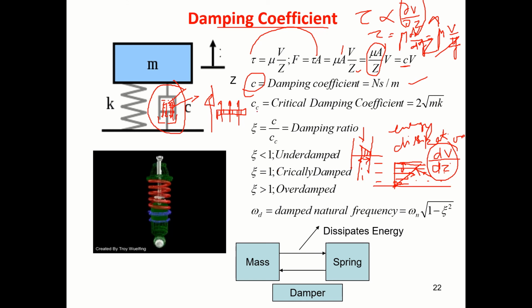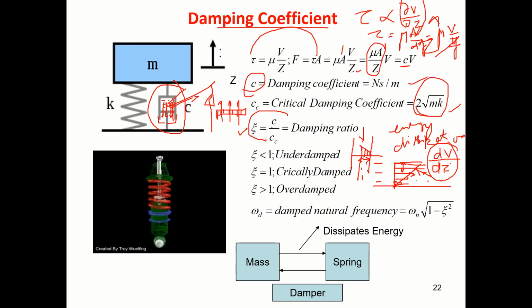Okay. So you can go on varying the value of C. At one particular point, it will reach critical damping. Critical damping means it will not allow it, it will just stop oscillating this mass, that critical value. That we can evaluate as 2 root mk. So then we call it damping ratio: the actual damping that we have provided here to the critical value. We represent it by zeta.